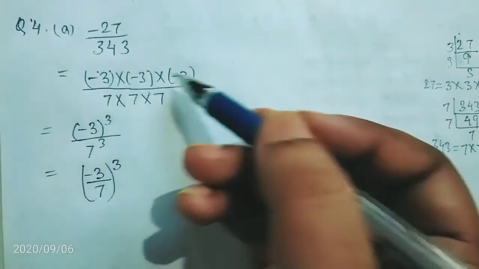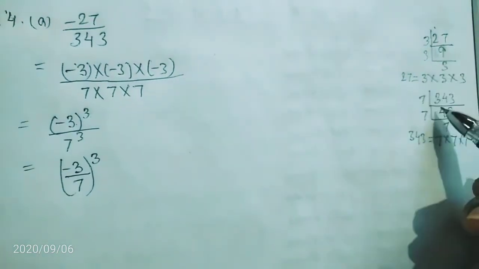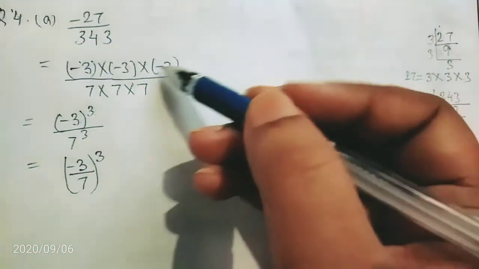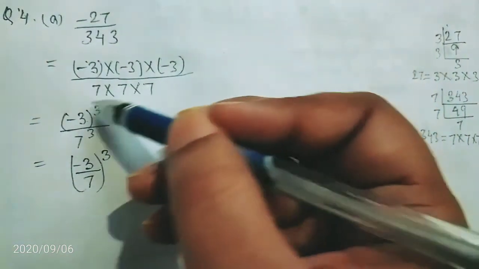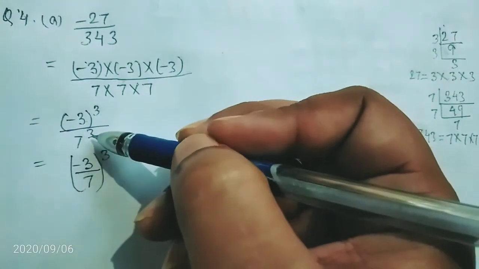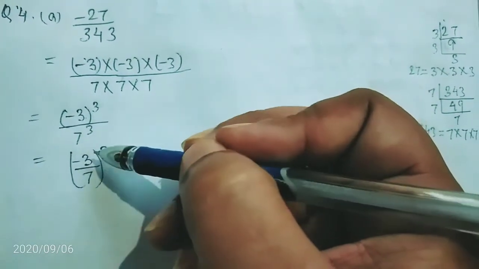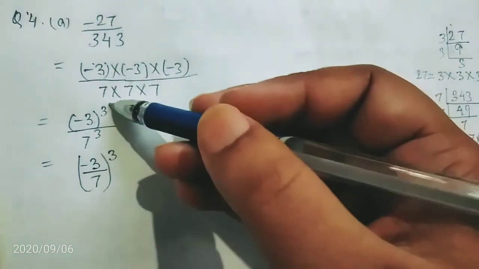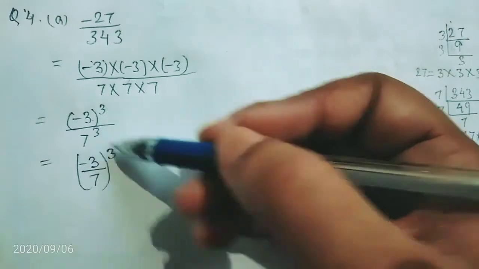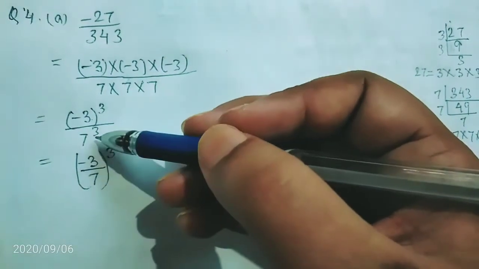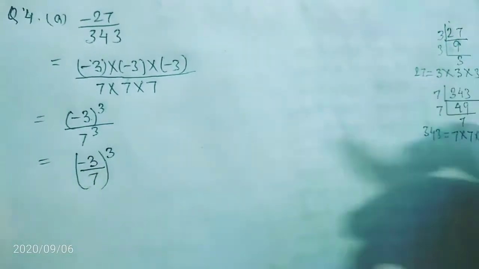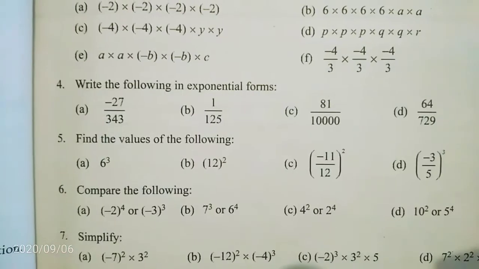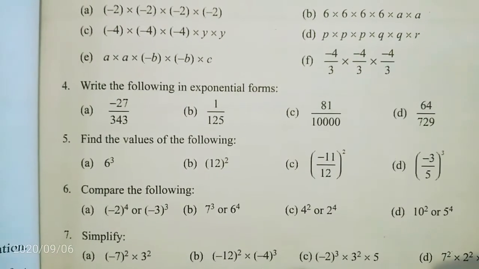First of all, break the numbers by the factorization method. Write down the number, then write separately, give the powers, and if there is a common power, then write it one time only. But it is not necessary that the common power will always come. Sometimes it can be 3, sometimes 2 or 5, different powers can be there. Understood?